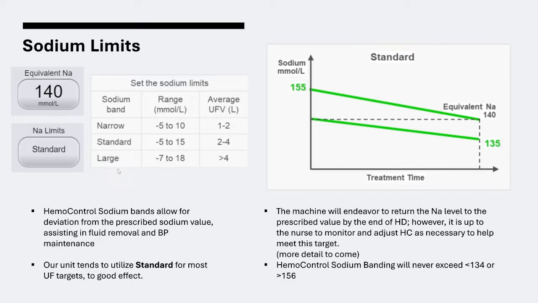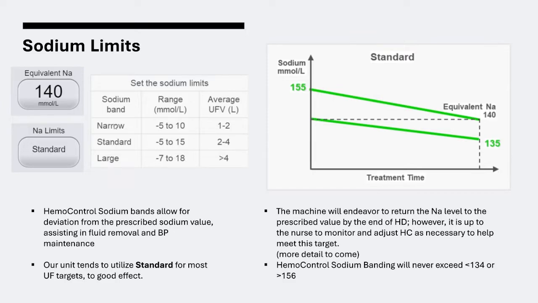value from the prescription. So in this case, with it being 140, if we left it in standard, it would be able to go as low as 135 up to 155. And that is the maximum that it would go to. If we put it in narrow, it would be able to go as low as 135 and as high as 150. Conversely, on the other end, we have large, which sets it to -7, which would be 133, up to